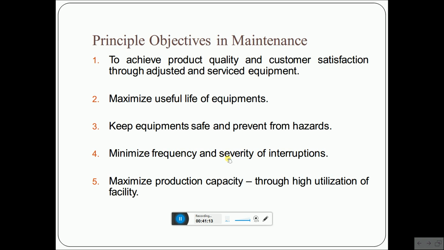So for that given bearing, if the crack goes beyond 10 centimeter, for example, it will cause a failure in the bearing. It may lead to a rupture of the bearing, which will then create significant vibrations and make the system fail. The bearing will not be able to keep its balance, RPM, its functionality. So it basically leads to failure, right? And in the manufacturing industries, we are looking at maximization, production capacity, high utilization of the facility and so forth.